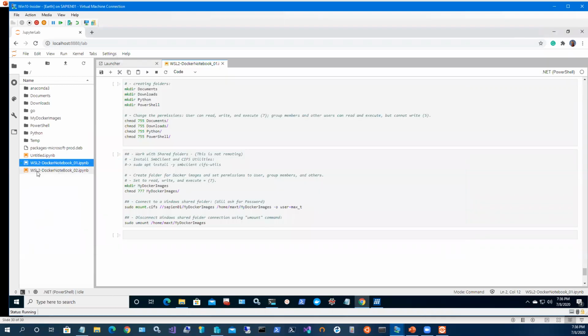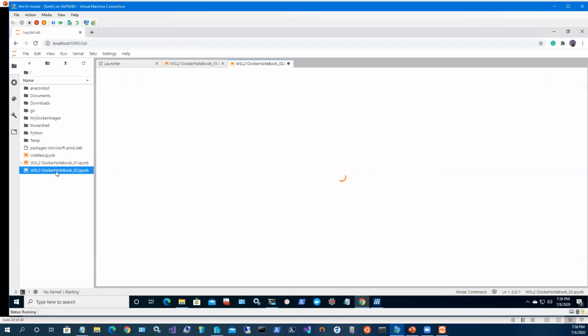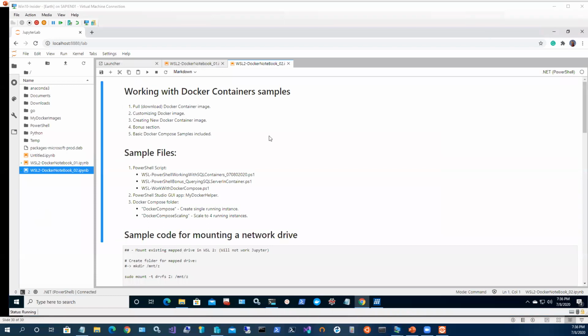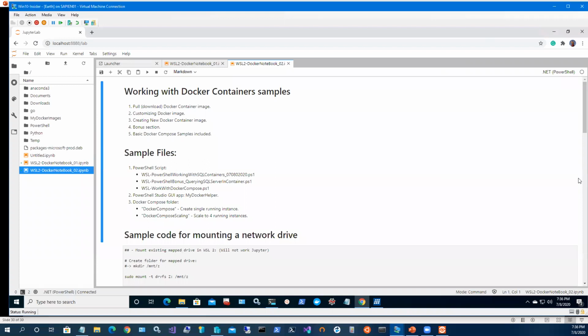Then I have this other notebook. It's a little shorter, but let me see. Oh, there you go. So this one will give you the bonus section. And let me tell you, there's a lot more stuff in there. I don't want it to be like a whole class on